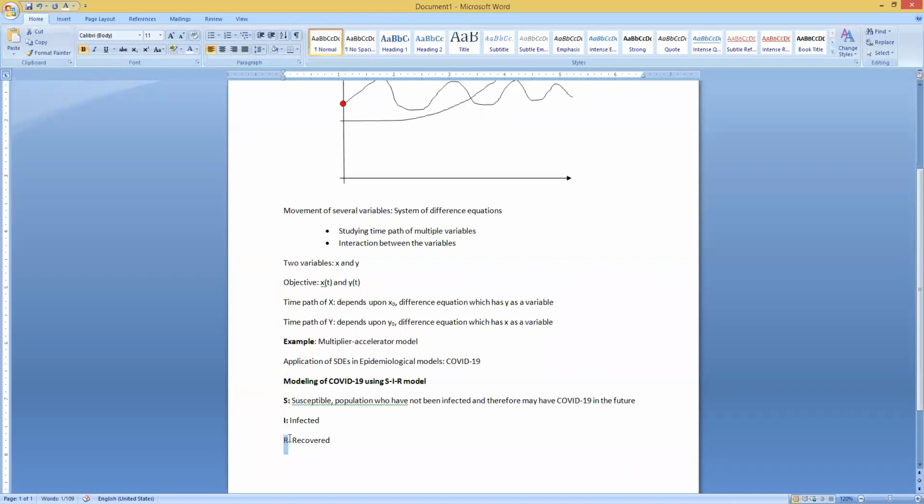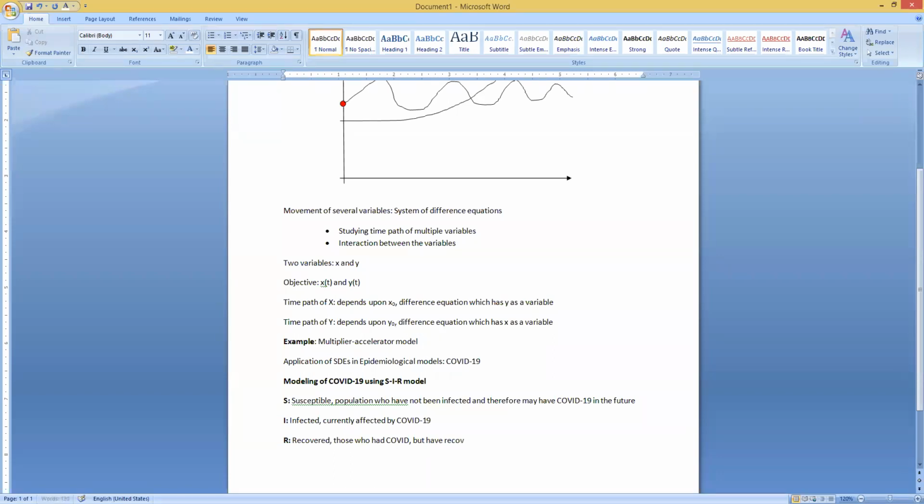Infected is obvious. Those who are currently affected by COVID-19, and recovered is those who had COVID